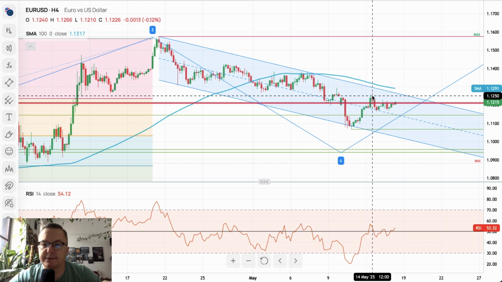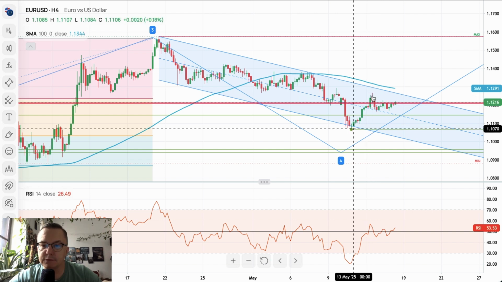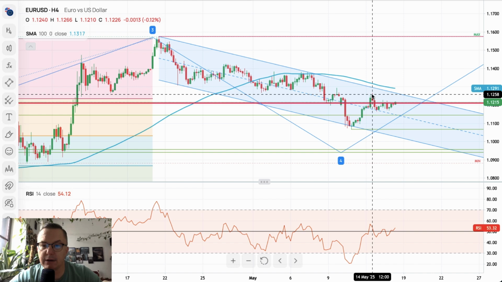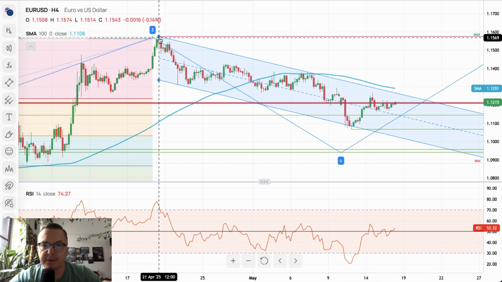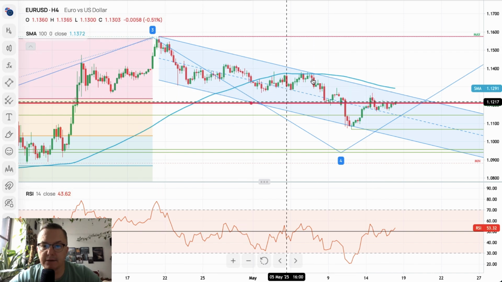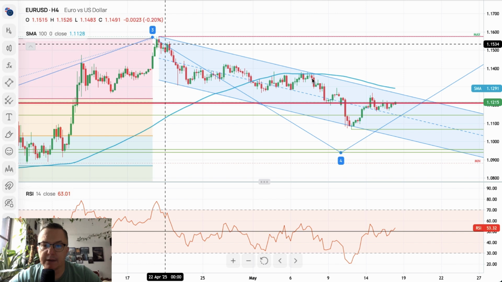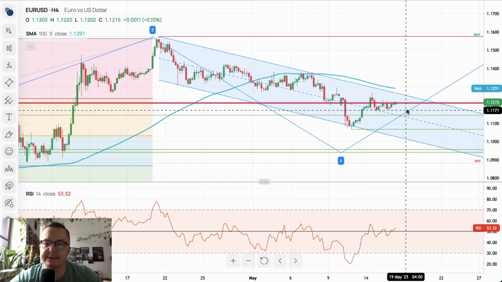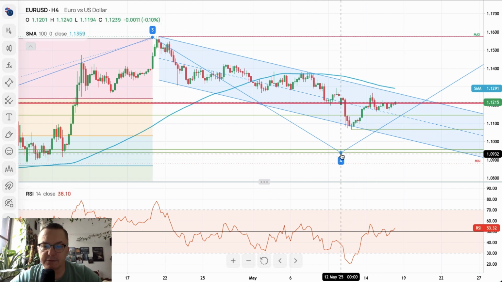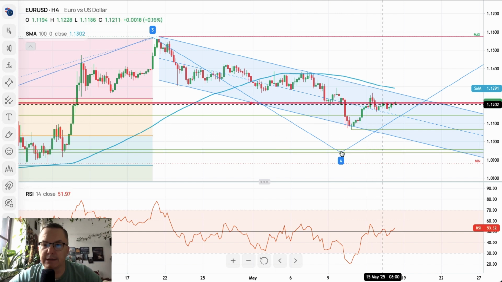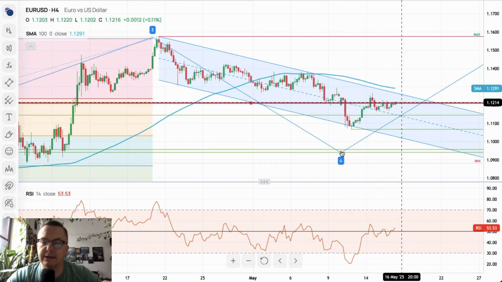1.1266. So it's like an immediate 200 pips. However, there is still a sequence of lower highs and of course lower lows, so the downtrend is being maintained. As you can see, there is still some room to the downside in wave 4. However, right now we are consolidating around the technical resistance, a very important level, 1.1214, and the bulls are still